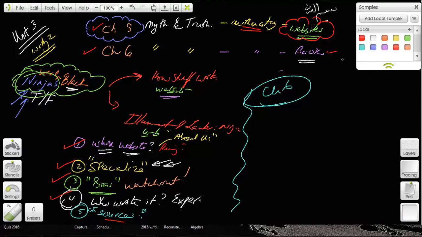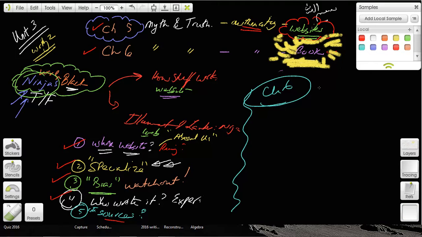Now books in general are more authentic because anybody can blog and write stuff on their website, but books tend to be more authentic in the information that they provide. But even then you have to be careful. They tend to be more thorough, more researched, more well documented, and sources are better cited.